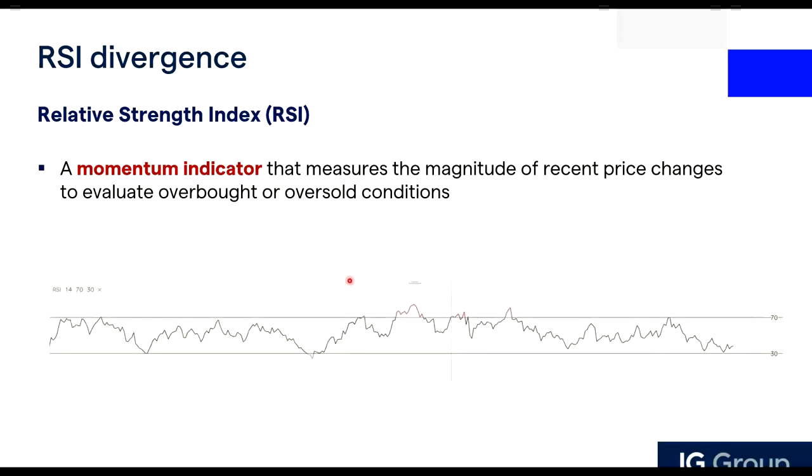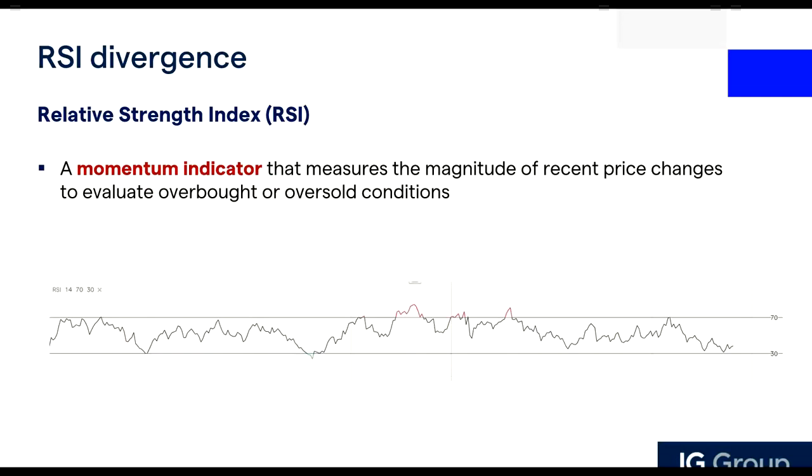If you right click on the platform, you add an indicator in, and then you add the indicator called the relative strength index. This is what you will see at the bottom of your chart. What you're seeing here is not the price of the underlying market. This is just an index, a number that shows you on this momentum indicator.